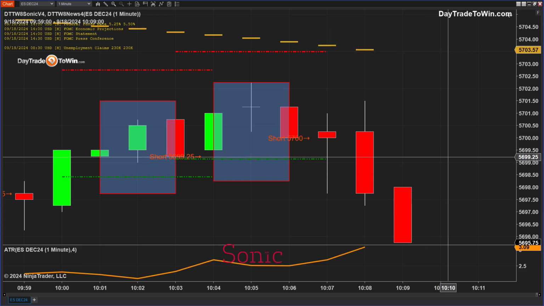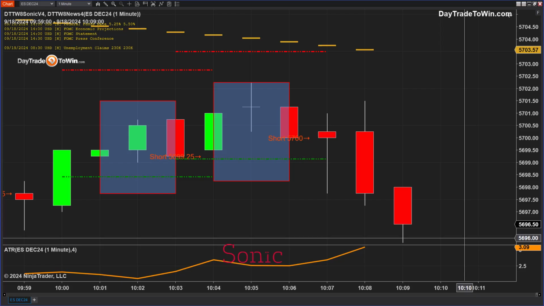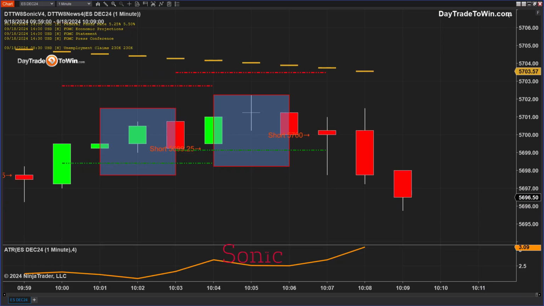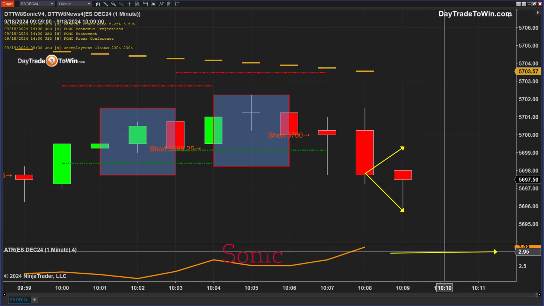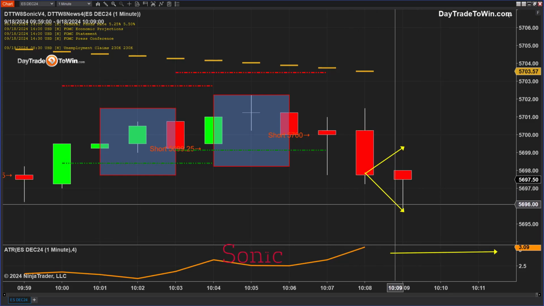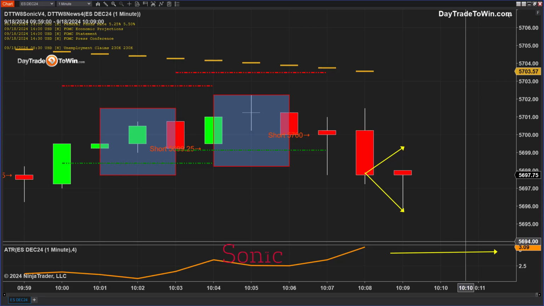If I know that the market is able to move, now it's 3 points, right? You can see that now it's 3 points. If I just want 2 points, right? So that's 3 points right here. And if I just want, let's say, 2 points or 1.5 or 1, obviously that's a lot easier to achieve because I know that this market is going to move 3 points up or down, and we want to be right on that direction. So if I take a profit target of 2 points or 2.5,